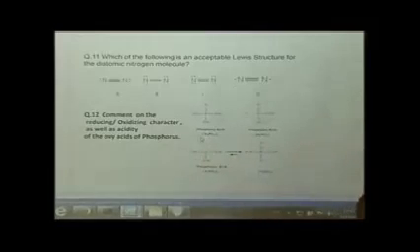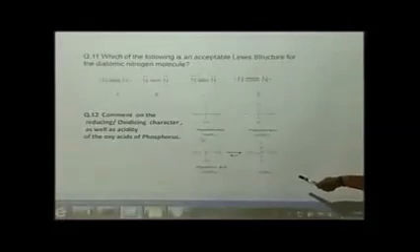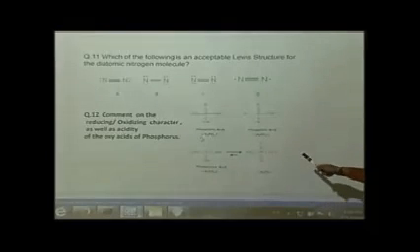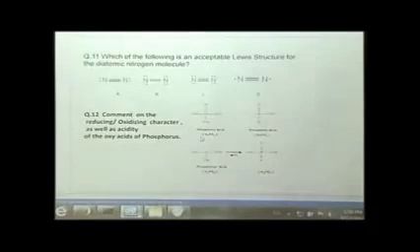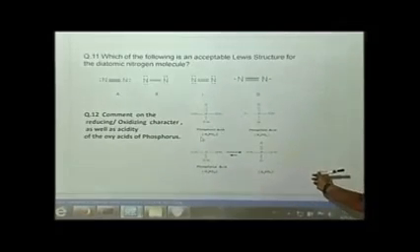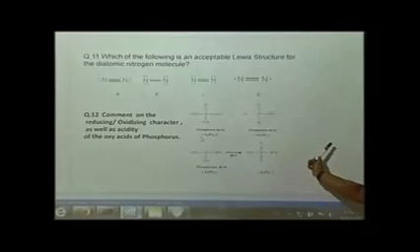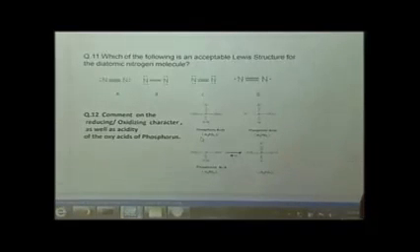Then we have question number 12. This we have already done. I've given you the same series of oxo acids. You have to comment on their acidic, reducing and oxidizing character. Reducing character, we have just discussed which one is the best reducing agent: H3PO2. The best oxidizing agent: H3PO4. And the strongest acid,